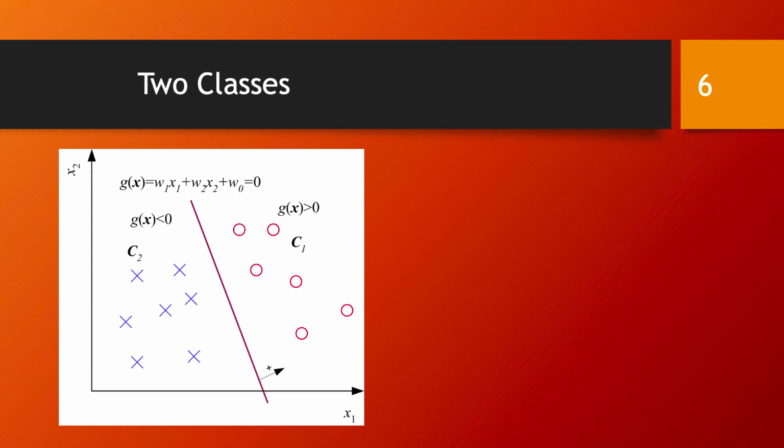For a classification problem where the data comes from only two classes, it's going to be enough to consider just one discriminant function. This is also shown in this figure, and I also want to write it here. The discriminant function in this case is going to be a function g of x of the form w1 x1 plus, and this is going to be a sum over all the dimensions. In this figure I only have two dimensions, and I'm going to keep up with this, but in general it's going to be a sum over all the dimensions plus the free term. And the discriminant can also be written as w transposed times x plus w0.